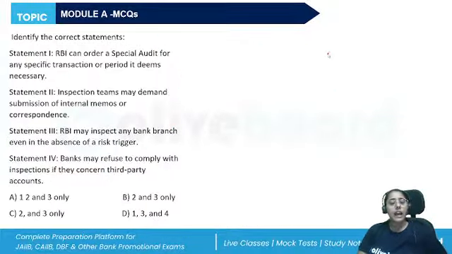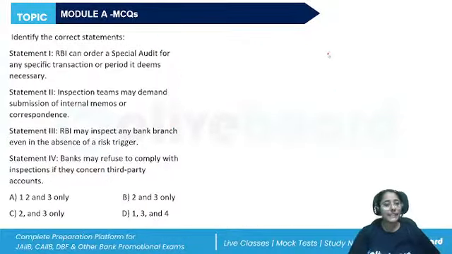Okay. RBI can order a special audit for any specific transaction or period it deems necessary. Inspection teams may demand submission of internal memos or correspondence. RBI may inspect any bank branch even in the absence of a risk trigger. Banks may refuse to comply with inspections if they concern the third party accounts. So, regarding the special audit or inspections,